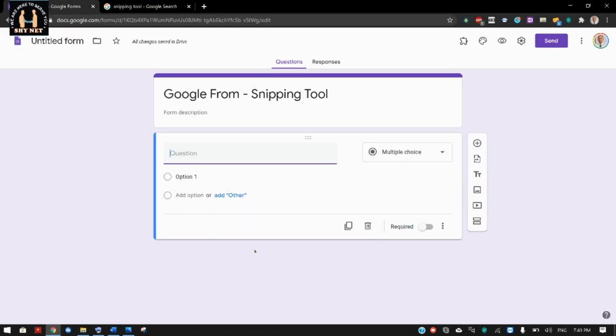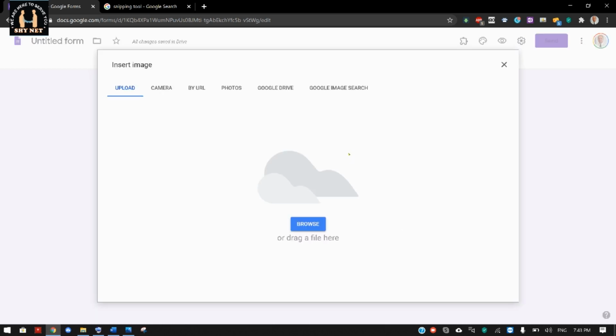So what we have to do is open the Google form. The rest of the details you can give, as you know, I don't want to spend time on that. Just press the file where we are to insert. So there are different options. We can browse for the picture if we know exactly where the location is. Okay, so here we know the location, so we can just go for the browse,